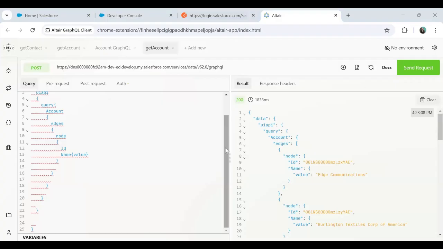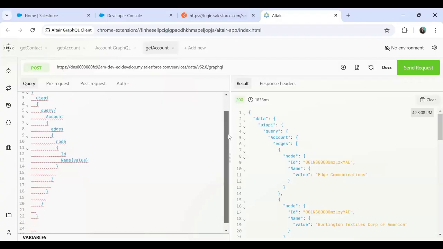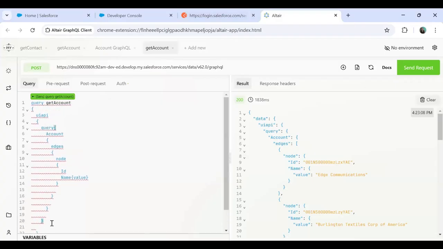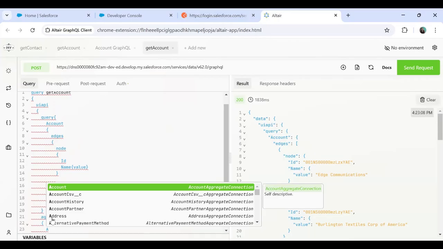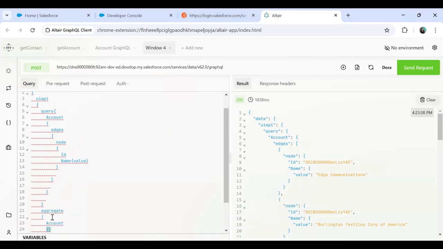I would like to include the aggregate. So I want to display aggregate also. So after this query, inside the UI API, I write aggregate, aggregate account,